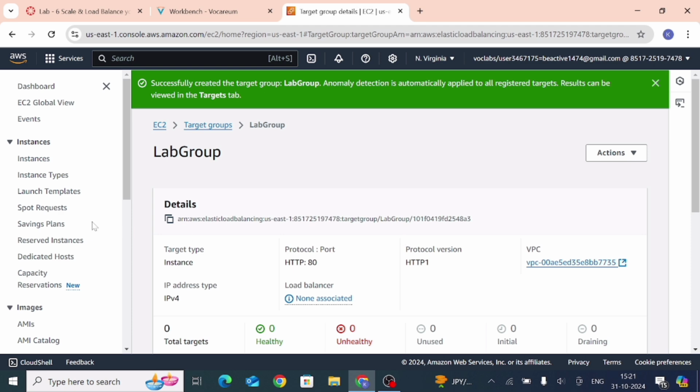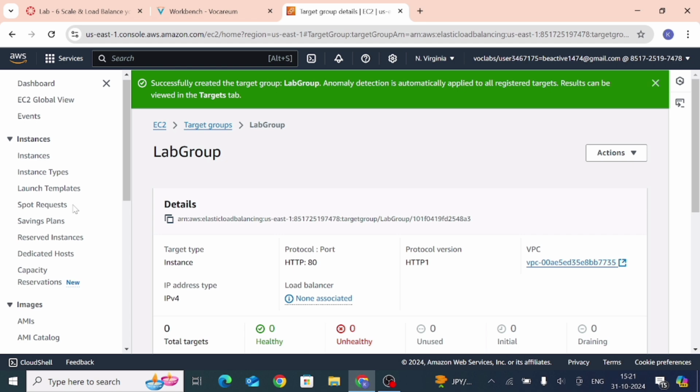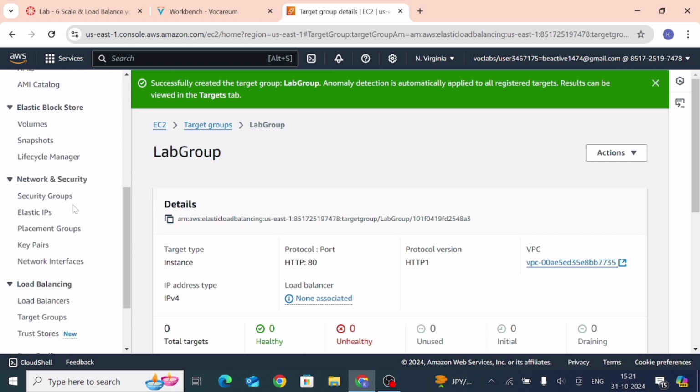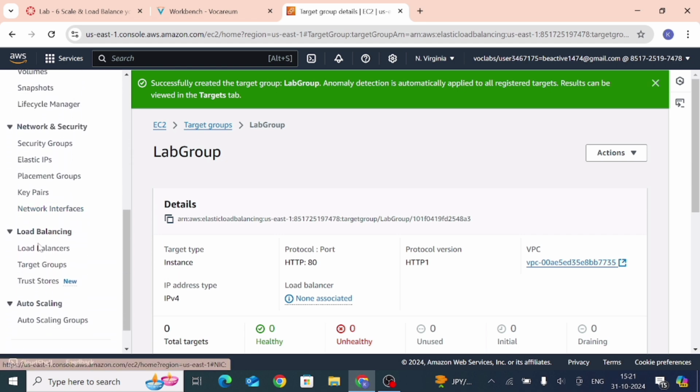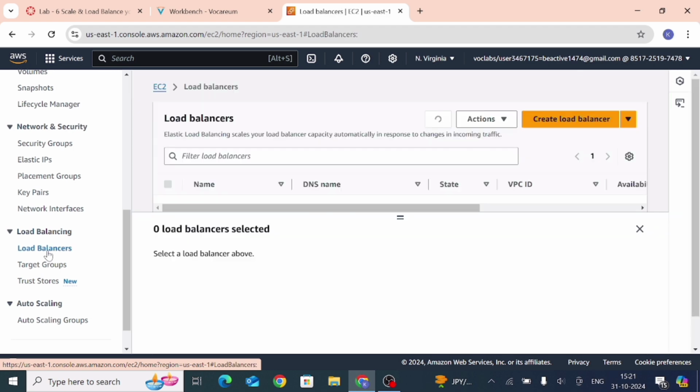Now again choose load balancers from the navigation pane. Scroll down and here it is, load balancers. Just click on it. Now create load balancer.